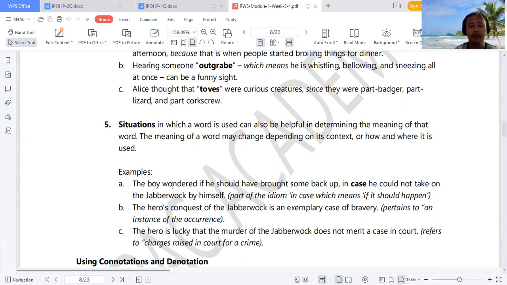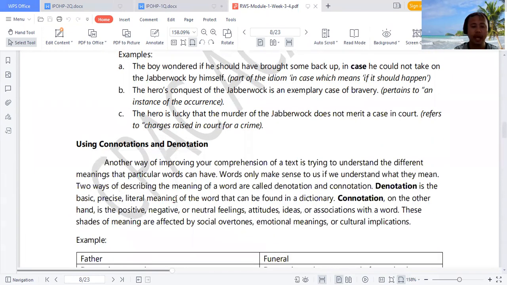Okay. Letter B: The hero's conquest of the Jabberwock is an exemplary case of bravery. Okay. Exemplary case of bravery, or it pertains to an instance of the occurrence. All right. So letter C: The hero is lucky that the murder of the Jabberwock does not merit a case in court, or refers to charges raised in court for a crime. Okay, how about